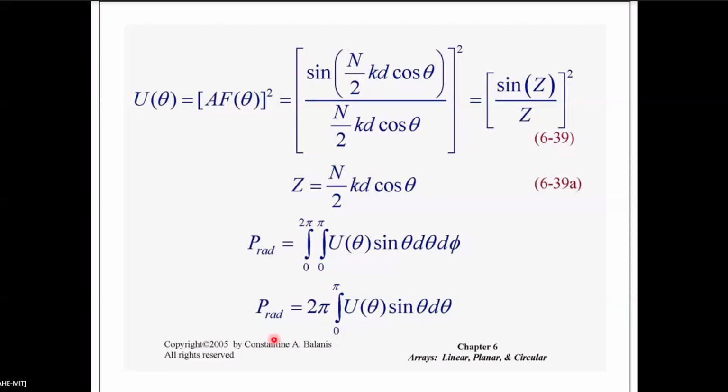Yes, sir. Okay. See, sin x by x curve you have to integrate. So it's sin x by x whole square. Now the limits 0 to pi he has actually extended, because sin x by x for large values of x will be almost close to 0. So he has extended the integration limits to infinity and then done the integration.